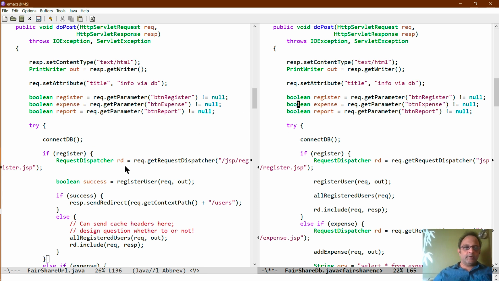And so try, connect, etc., etc. The distinction is that in the case of Fairshare DB, we had no gets, there were just posts. So we just register the user and get all registered users. Instead, here we do something different. We say register the user, and if you are successful, then you send the redirect.